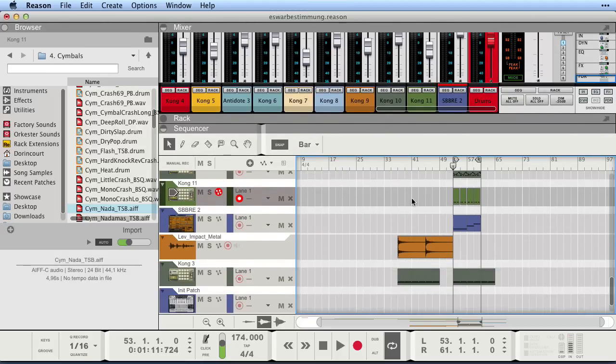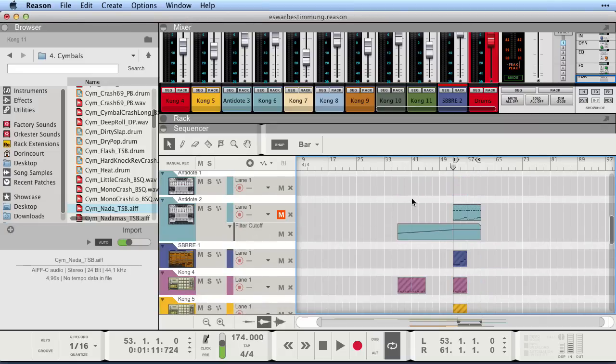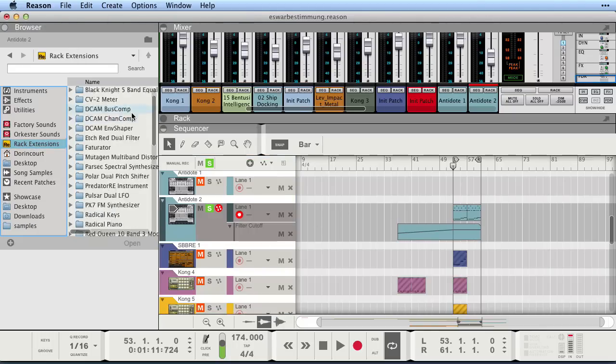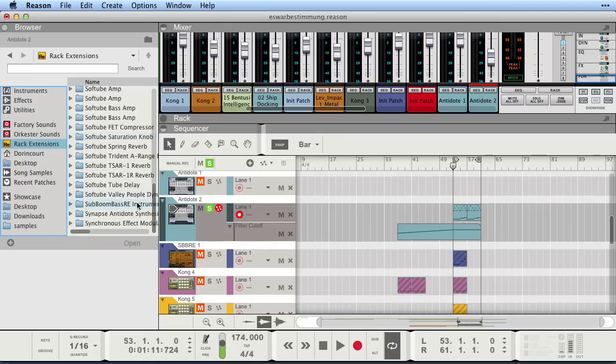Now let's try working with some Rack Extensions and patches. So here's an Antidote that sounds bad, and it's just a really cheesy trance arp, which I don't like anymore at all. And I'll replace the patch of this particular Antidote. So I'll head to Rack Extensions, and let's maybe try to stick with the Antidote because it's a synth I really like. So that is from